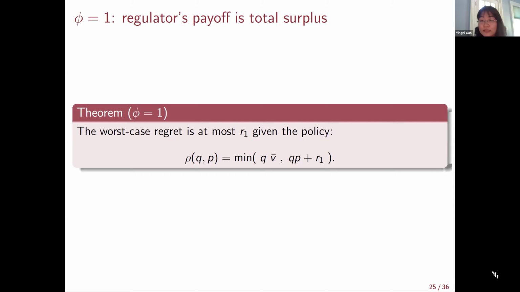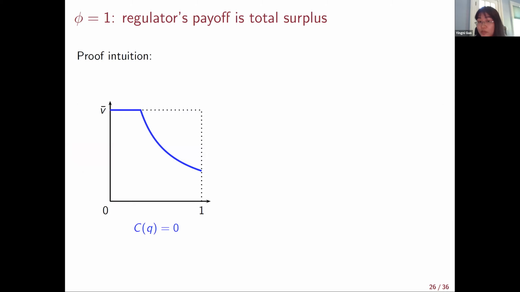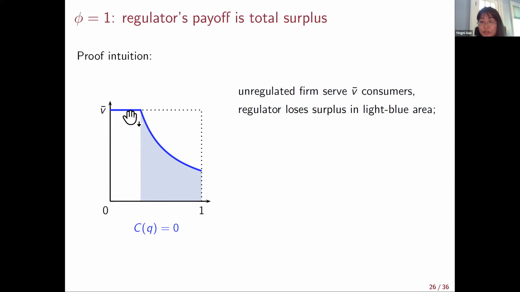Okay, so let's first look at some demand function which is likely to induce underproduction. So this is a demand function we have seen before. The first few consumers have very high valuation for the product. Starting from this kink, we have unit elastic demand. If the regulator doesn't intervene, the firm would just serve these first few consumers. And the regret would be the whole area of this blue area, which is huge, right?